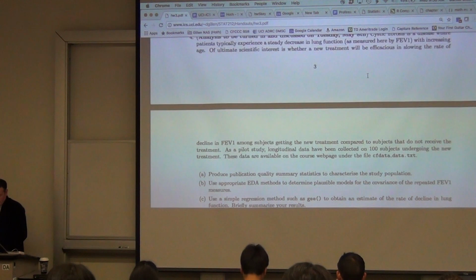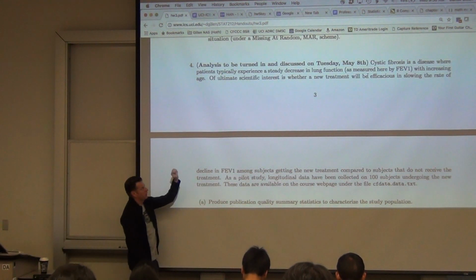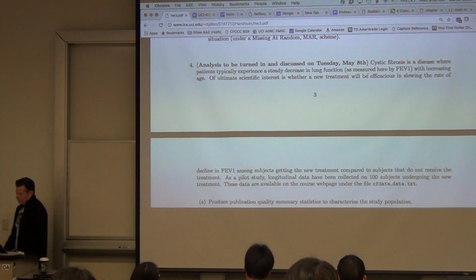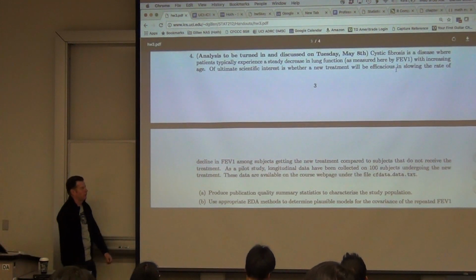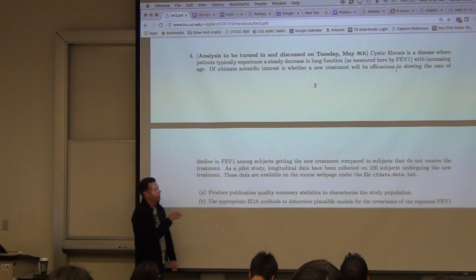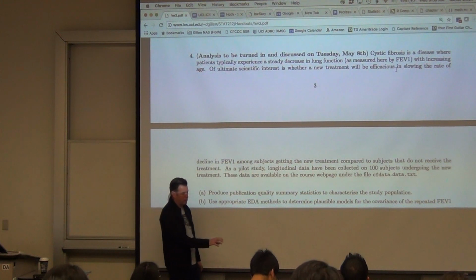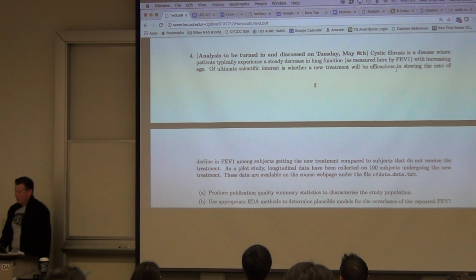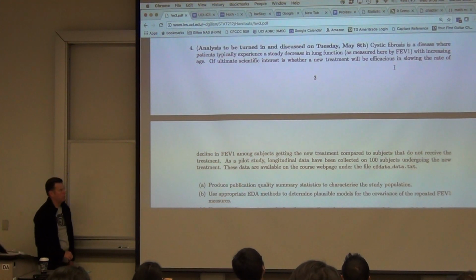And then finally, problem 4 is more data analysis. So this will be discussed on May 8th when you turn everything in. It's going to be basically what I want is you guys to look at a cystic fibrosis data set. So these are children with cystic fibrosis. I talked about that a little bit more earlier in lectures, I think last one actually. So cystic fibrosis is a disease basically that affects lung function in children. And so we typically measure their disease progression by measuring FEV over time. You guys are getting used to that.